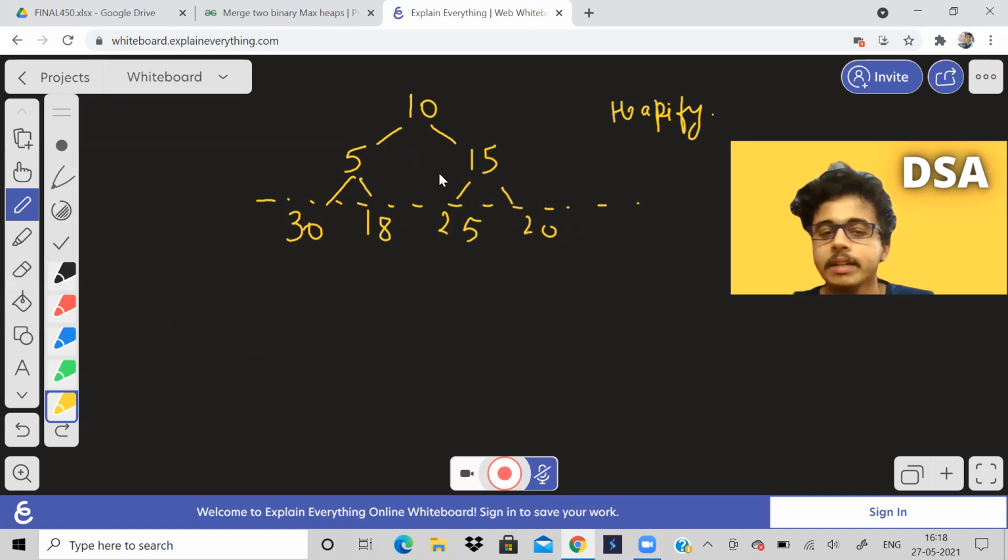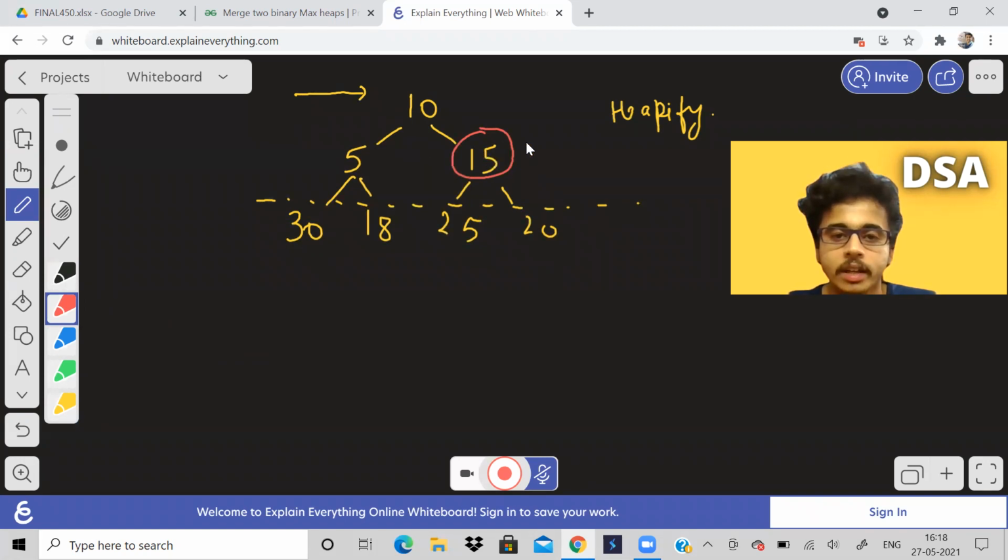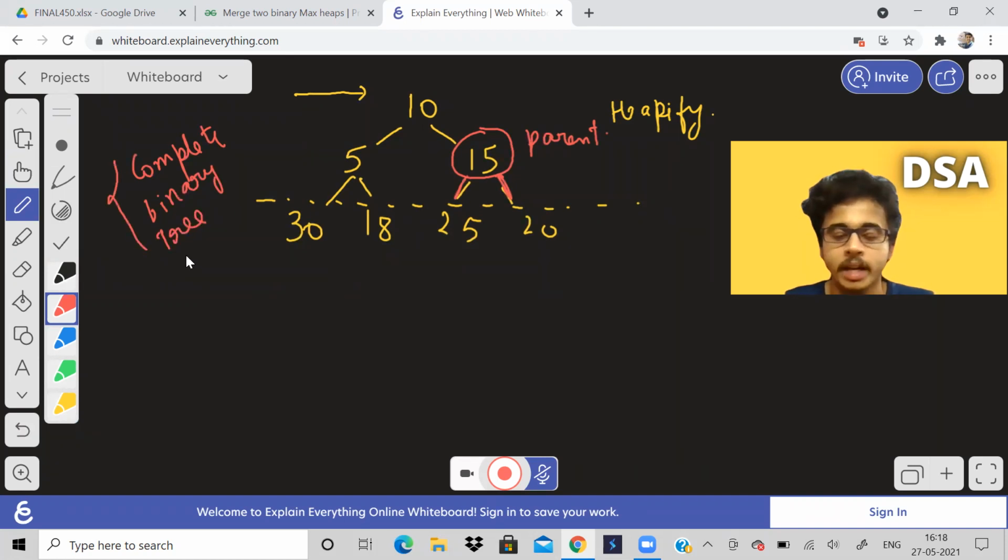So in this binary tree, which is the last non-leaf node, if we are traversing from left to right? The last non-leaf node is going to be this node. So let us apply some operations on this node. What should we check? Let us treat this node as a parent node, and it has a left child and it has a right child. And by the way, I forgot to tell you that it is a complete binary tree. So for a heap, it should be a complete binary tree first of all. And in the examples, it is obvious that it is going to be a complete binary tree.